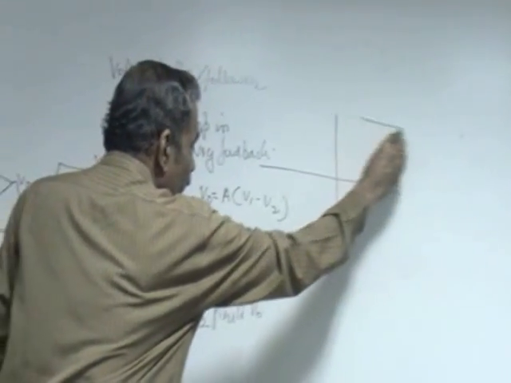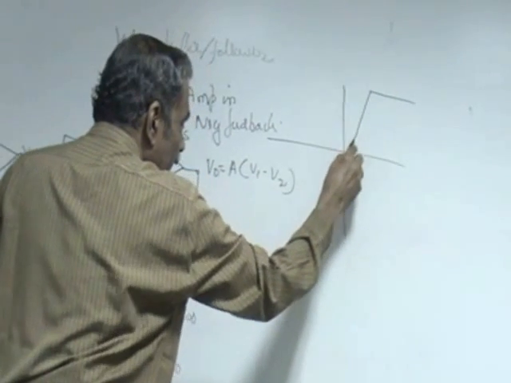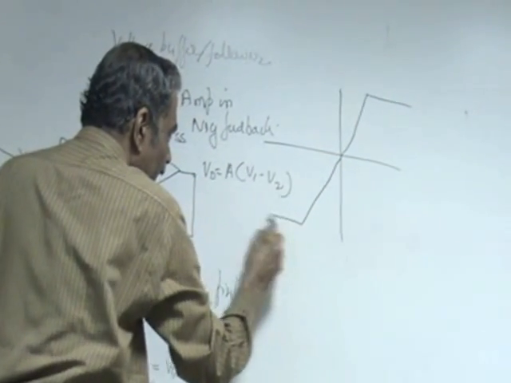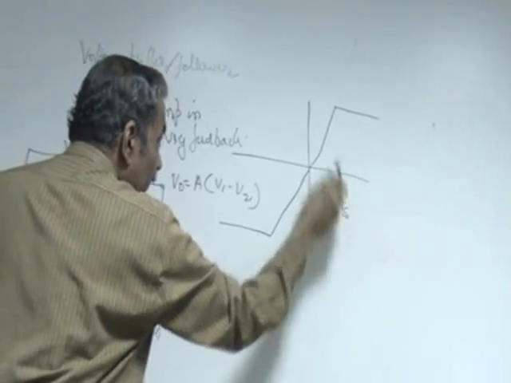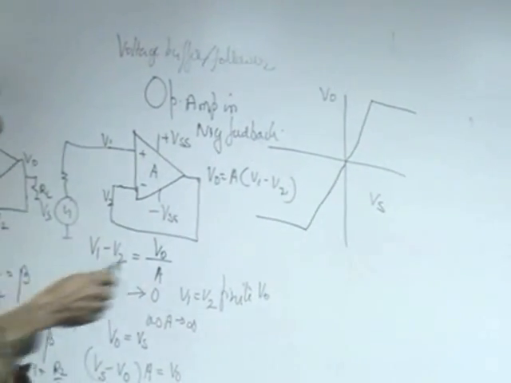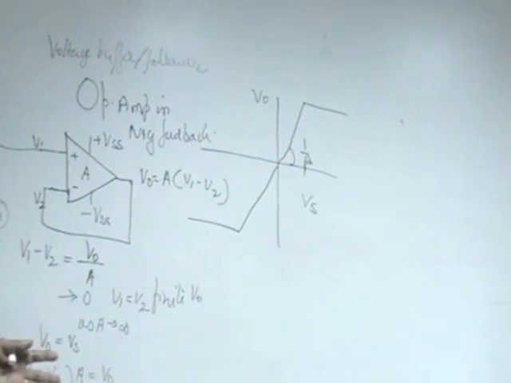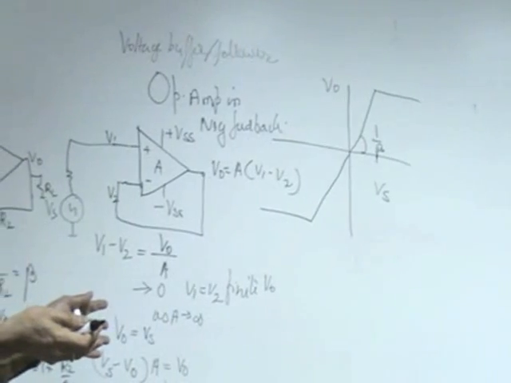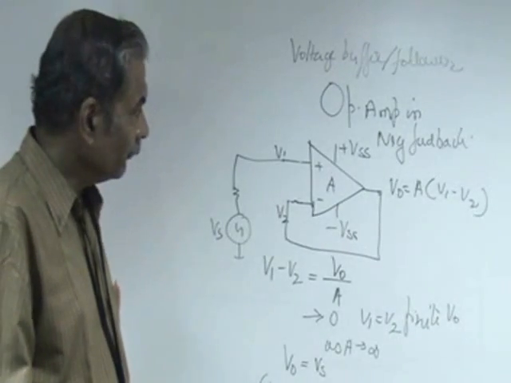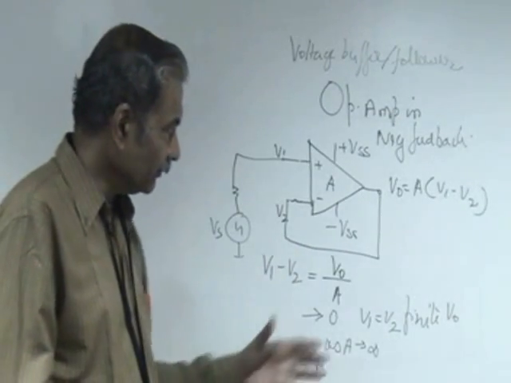Output of the op-amp goes to saturation at a certain point with a certain gain for the input. So if you plot Vs versus V0 for the amplifier with feedback, now this factor becomes 1 over beta. If beta is 1, output by input becomes 1. So we had just seen the unity gain amplifier. Now the extension to